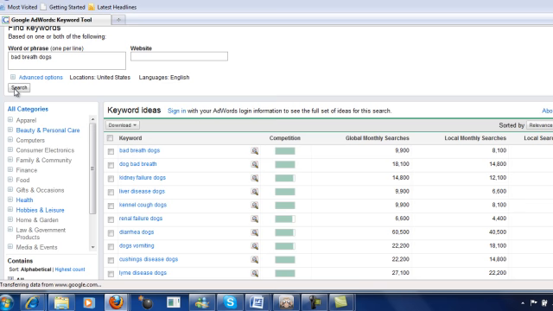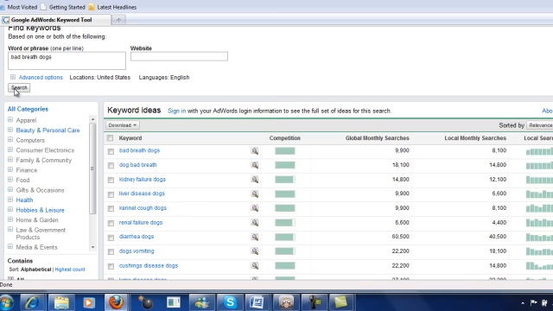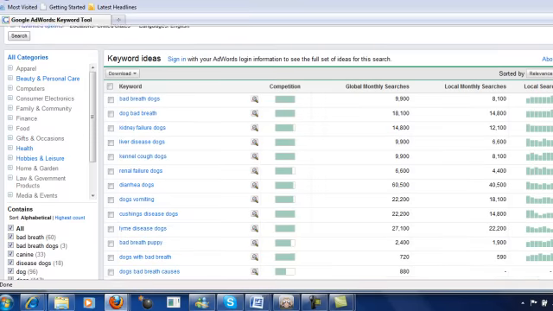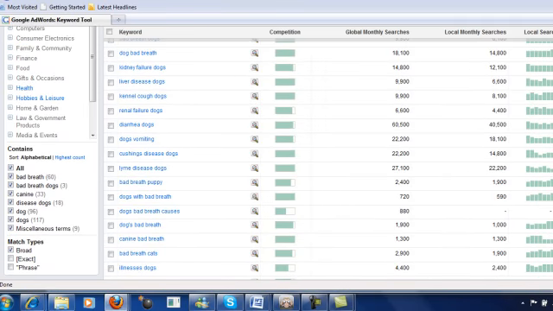This isn't going to be huge, but look at this, dog bad breath. Yeah, well, okay. So again, kidney failure. Again, these are many times just associated searches. All right, well, I'm not finding